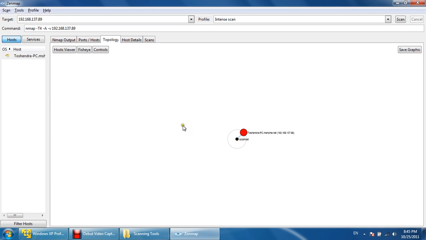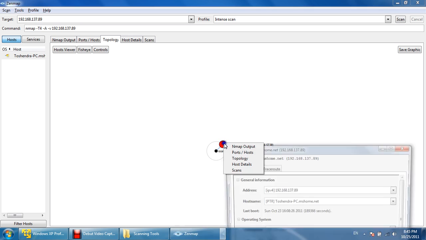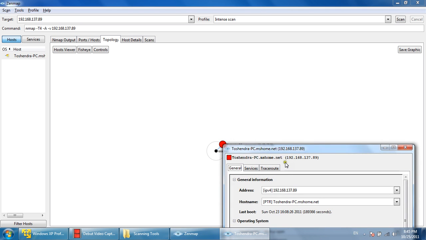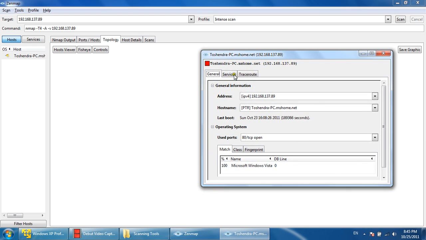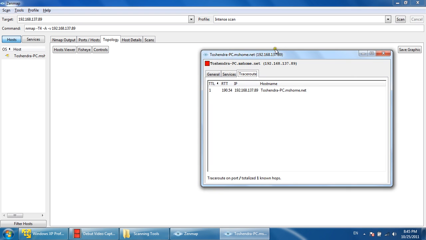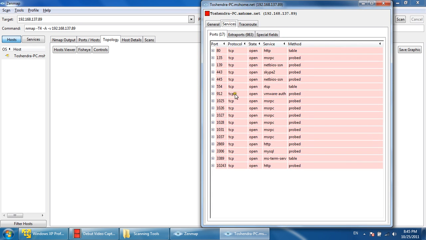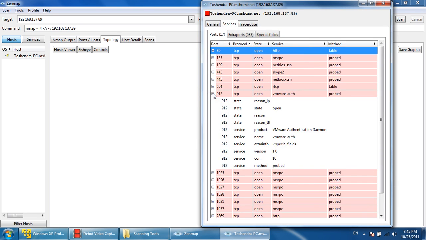Except this, in the topology, if you see physically, you'll see the graphic. It will show you one graphical display. There can be multiple machines, and it will show a tree kind of structure. It will show you the detail about the machine as well. This is the detail, this trace route of the machine and services. These are the services running on those